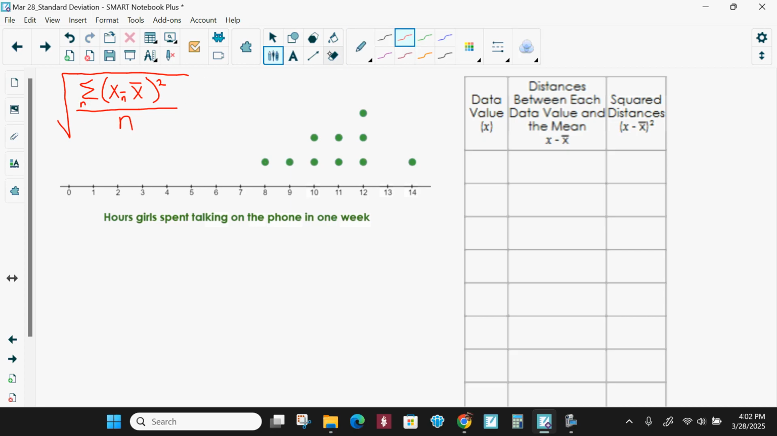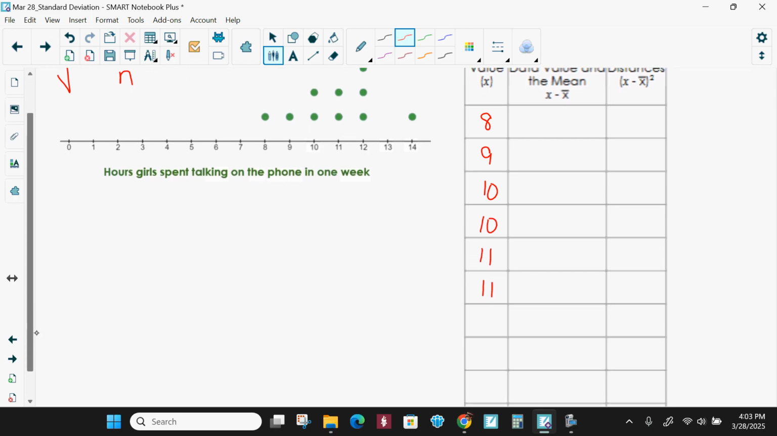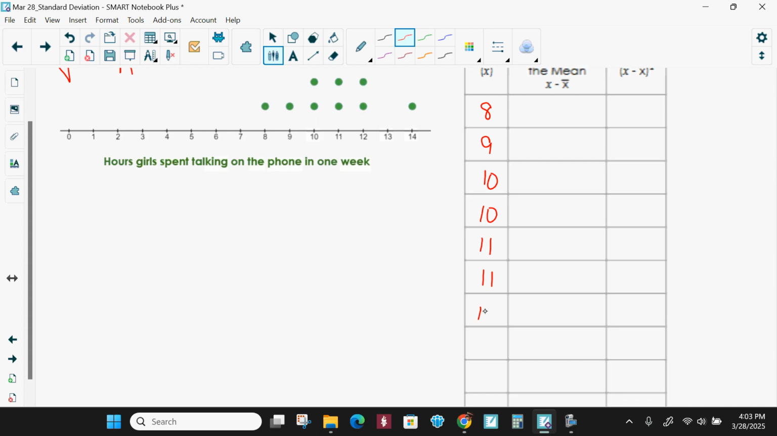Actually, they usually use an I, sorry. So each individual data, I equals 1 to the value of n, so however many numbers you have. So each data point, we're going to write that down first: 8, 9, 10, 10, 11, 11, we had 3 12s